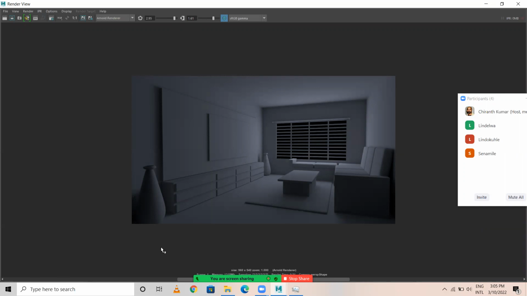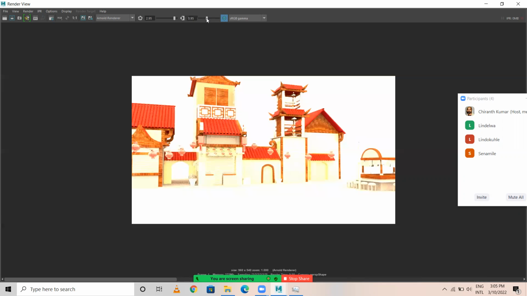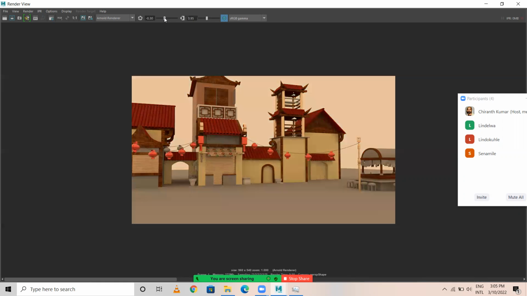Then coming to this, I'll be sharing this model without any texture.